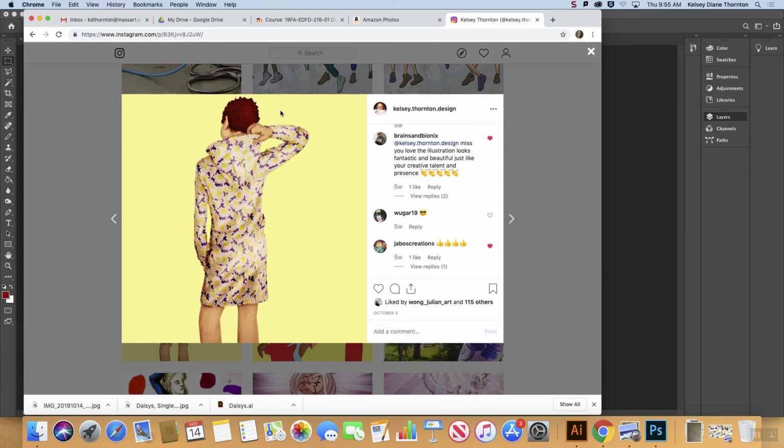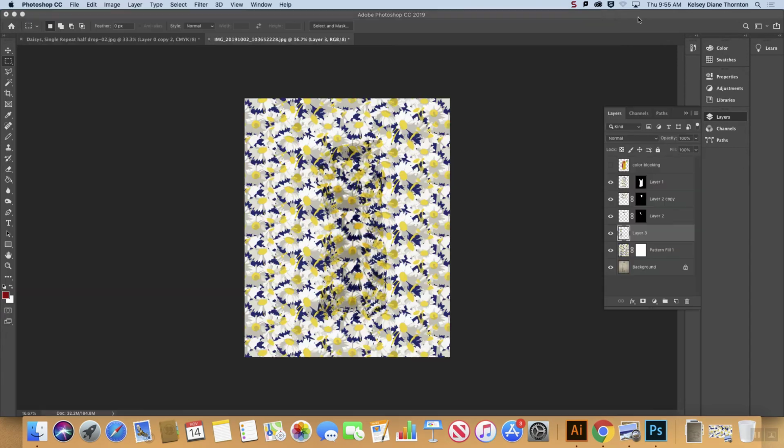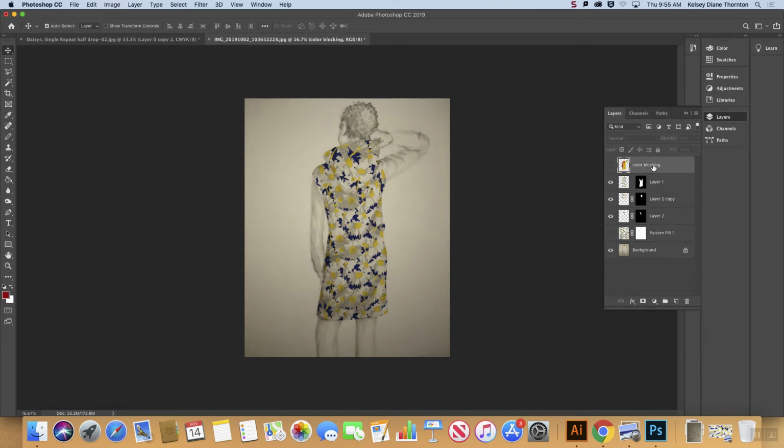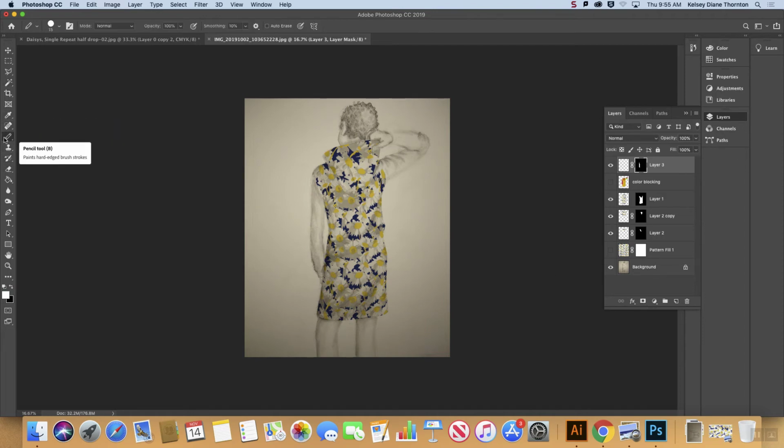And I also digitally colored my illustration, which is a similar process. I will still color block when I am digitally painting. So with my color blocking layer, if I was going to color her sleeves in yellow or something, I would just have the sleeves selected, make a new layer, and then I would probably instantly throw a layer mask on it, because when you grab the pen, the brush tool, or whatever you're going to use to color it in,